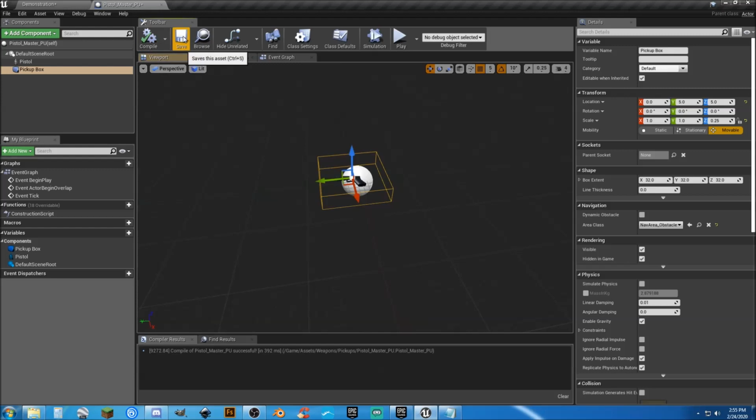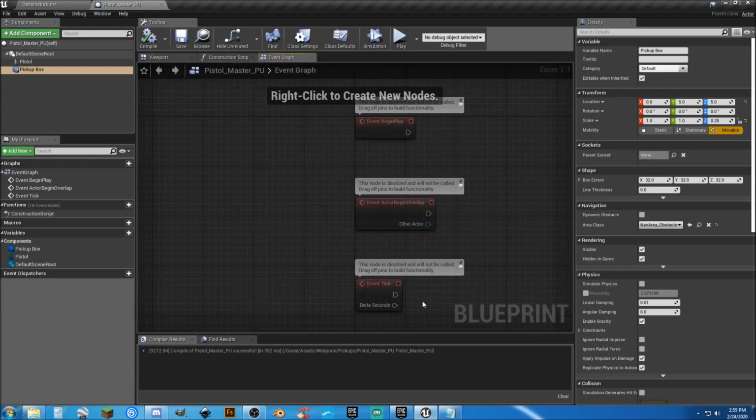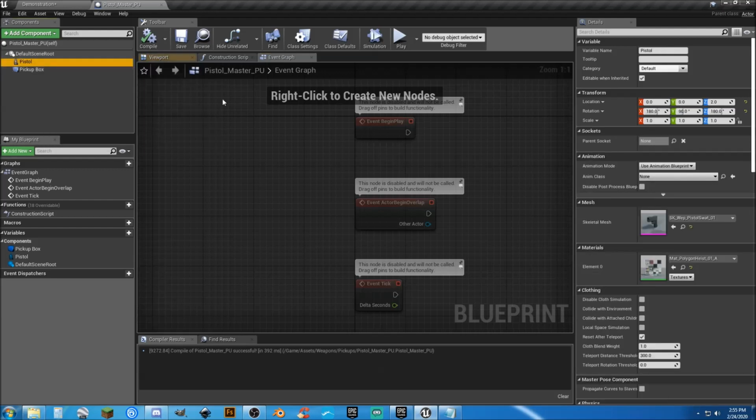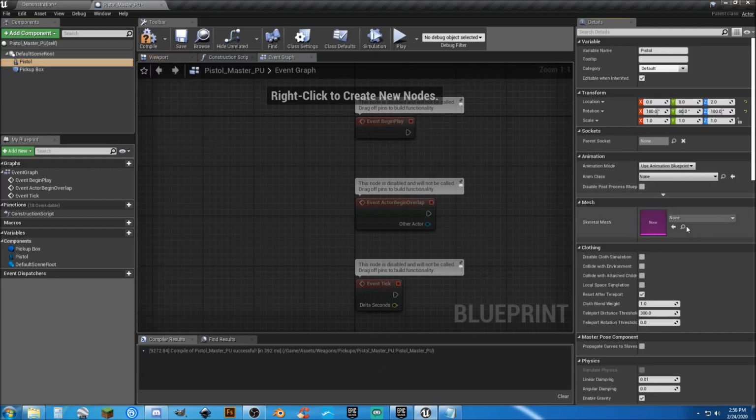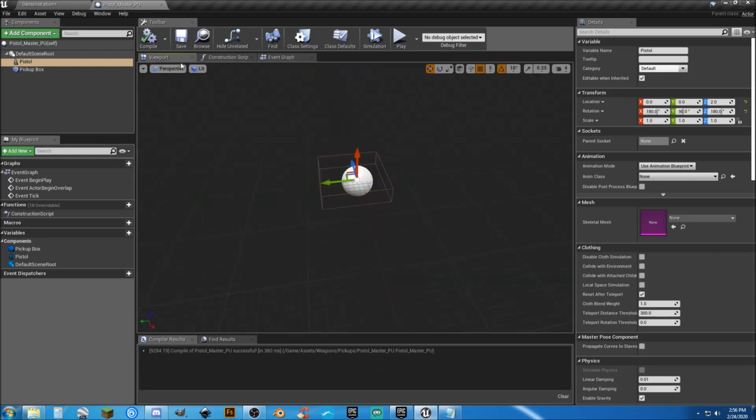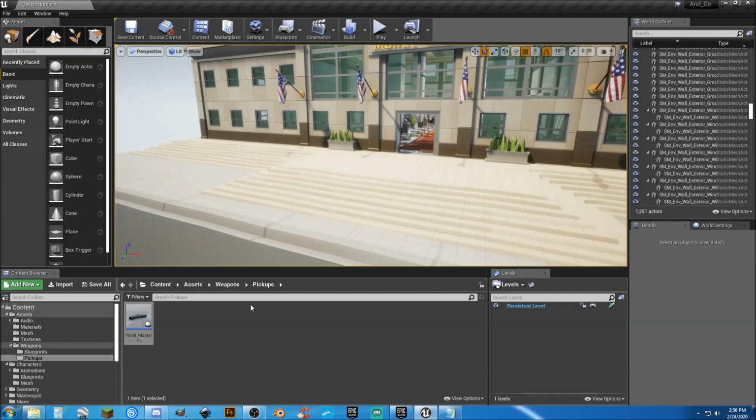So now, what we do is pretty much nothing. We want to make sure that, go ahead and clear that, and then compile and save. So there's nothing here. There's just a blank pickup. So when we actually do the functionality for the pickup, we'll do it here inside of this blueprint, and then we'll have the pickup for the Glock and then the 1911 separately. Alright, so in our weapons blueprints, we've got our master pistol, and we got our pickup master. So, pretty simple. This is getting us set up and ready to go to our next step,